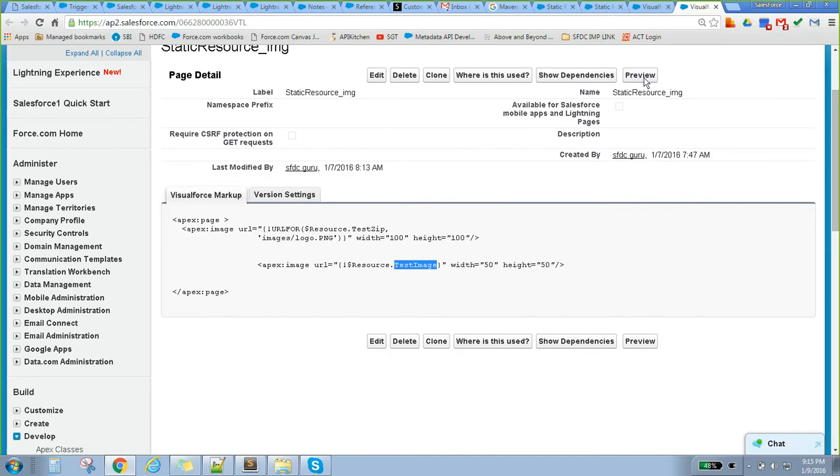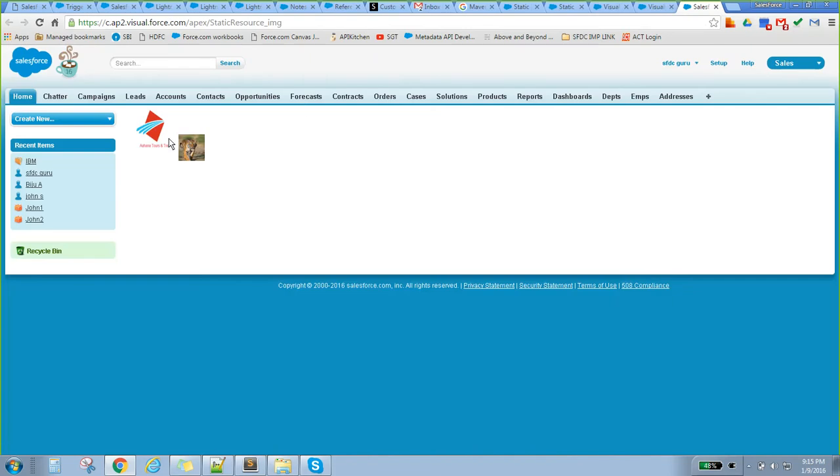Now if I go and click on preview, see here, these two things are coming. You can add some styles so that you can put it exactly where you want in the page.